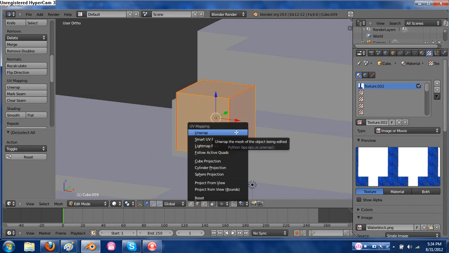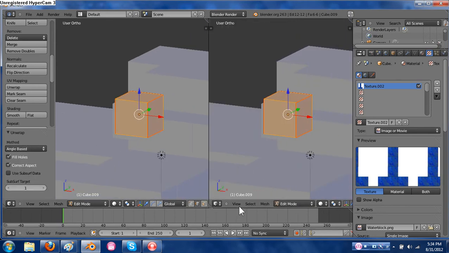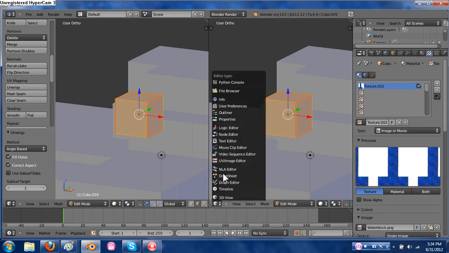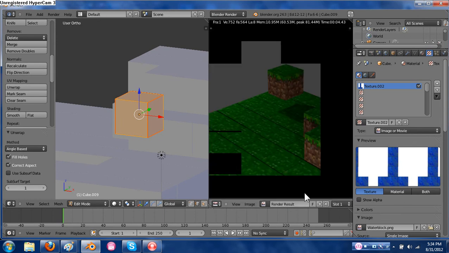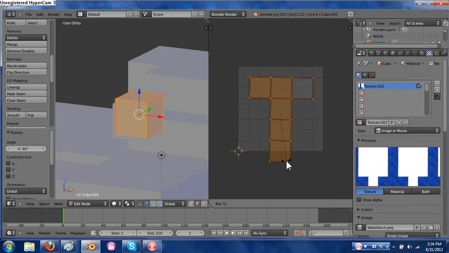Just regular A. Hit unwrap. T. UV image editor, X out of that, rotate 90 degrees, rotate 180 degrees, grab it, put it in the middle,